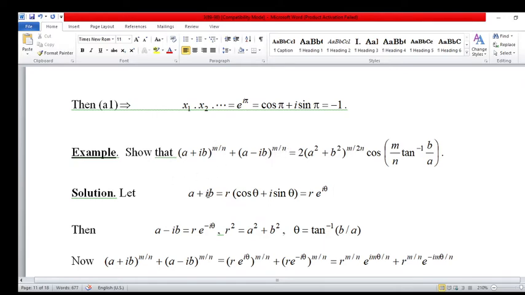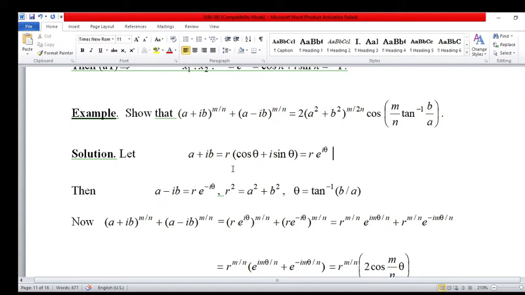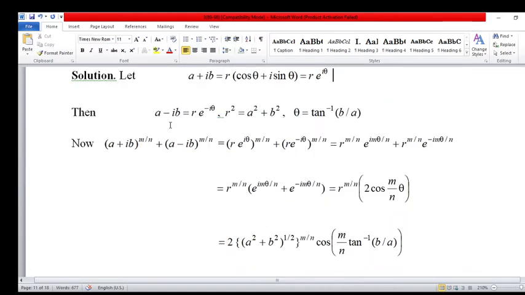Let a plus ib be equal to, this is the polar form, r cos theta; a is equal to r cos theta and b is equal to r sin theta. So a plus ib is equal to r common, cos theta plus i sin theta. Euler's formula applies here, so r e raised to the power i theta. This is their conjugate: a minus ib is equal to r e raised to the power minus i theta,